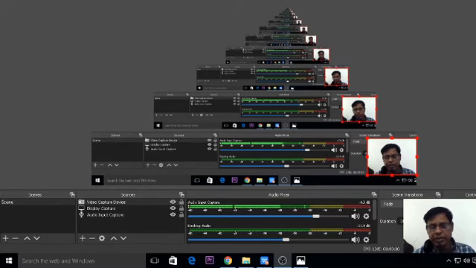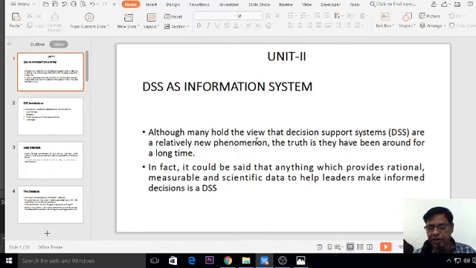So before going to the second unit, what we discussed in the last class was the types of DSS, and we discussed the communication and model information knowledge document. Is it not? Okay. So now we are going to discuss the second unit, that is development and implementation of models in DSS.